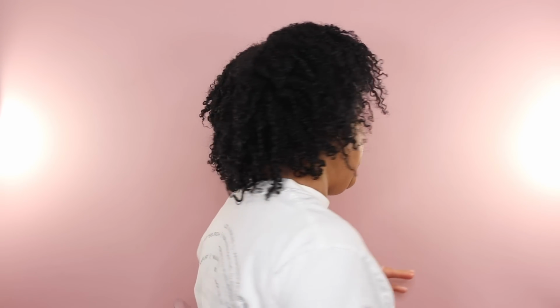Alright y'all, these are my final results, and as you can see, my hair is still pretty defined. It is overstretched in some areas, understretched in others, in conjunction with a little bit of heat damage, but overall, these are the results. Of course, after thoroughly rinsing my pre-poo, I went in and applied the CÉCRED clarifying shampoo